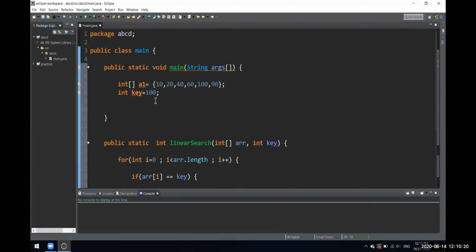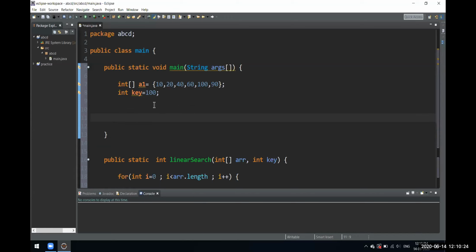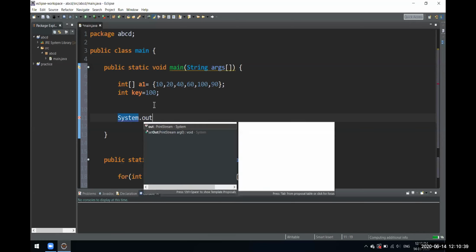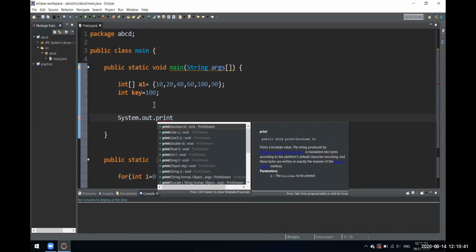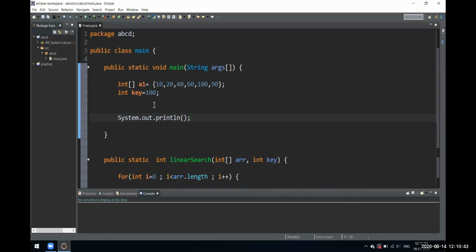Let's just try printing that, or assign that value to some integer. We can do anything, so let's try printing it directly. We will pass the key. What key do we have to pass?